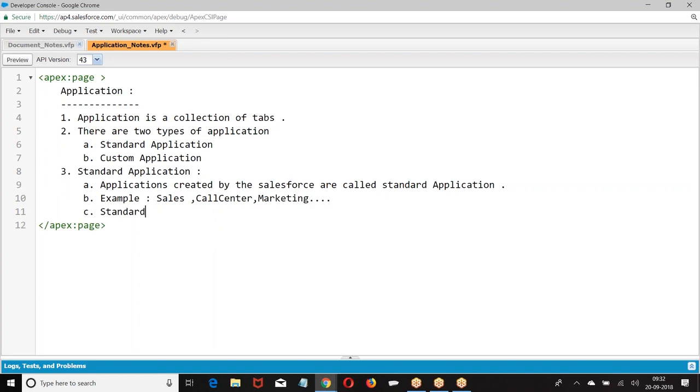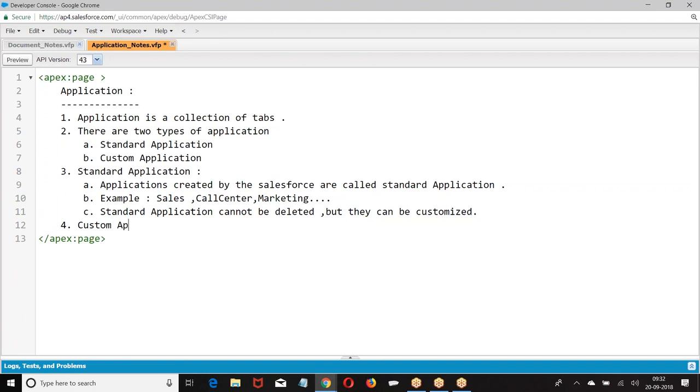Standard applications cannot be deleted, but they can be customized. We cannot delete a standard application, but we can modify it as per your choice.